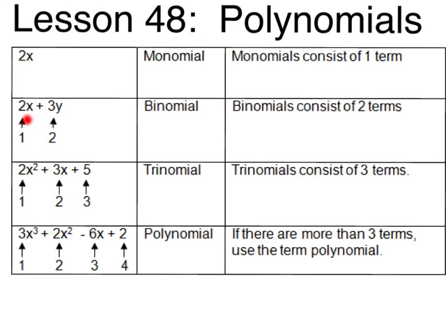If we have two terms added by a plus or a minus sign, then we have a binomial, which, bi, means two. The same thing here. Three terms would be called a trinomial. If you have more than three terms, four terms or more, you're going to use the term polynomial because there are just many